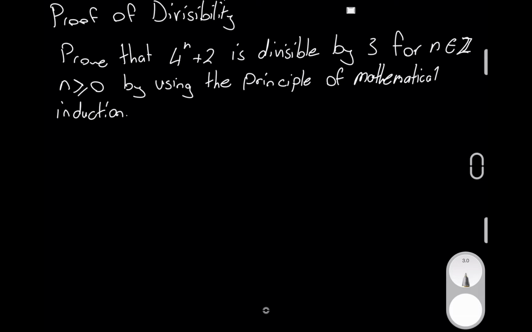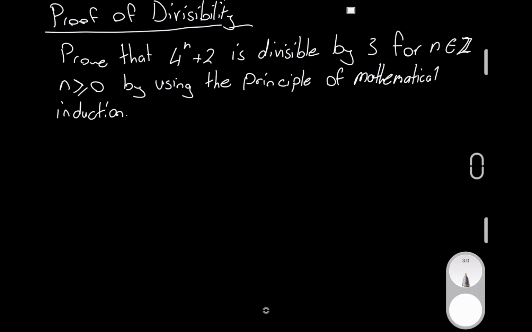Alright, so let's talk about proof of divisibility. What we're going to do here is just prove that 4 to the power of n plus 2 is divisible by 3 for any integer n that is greater than or equal to 0 by using the principle of mathematical induction. So whilst this is the proof of divisibility, you could really look at it as another example of mathematical induction. So the way we're going to do this,